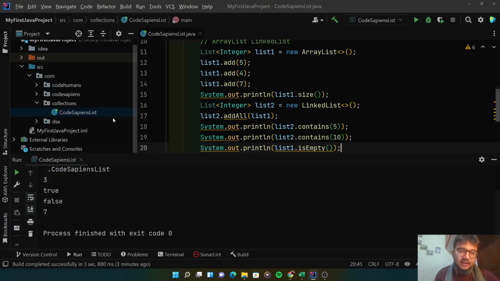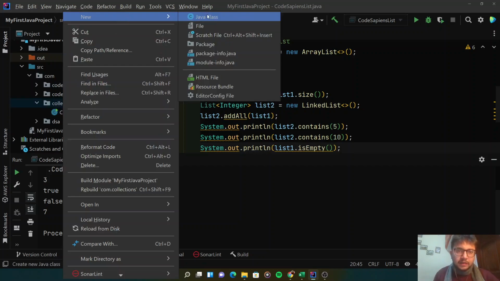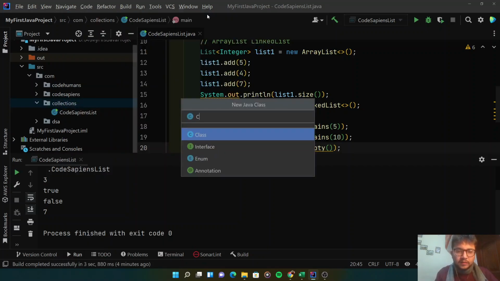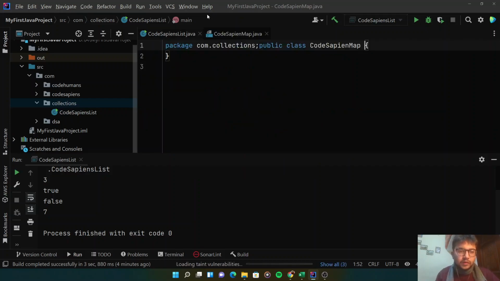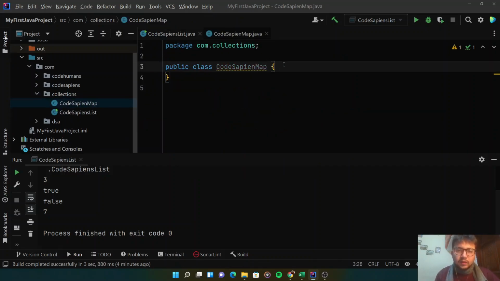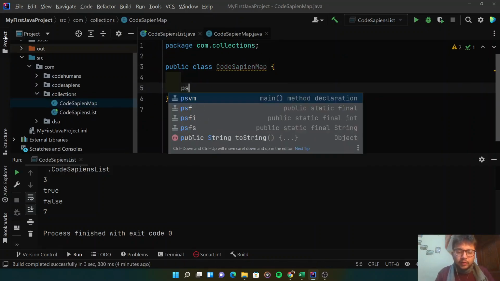So let me just create a new class again, and I will name it CodeSapien Map. Sapien is spelled S-A-P-I-E-N, Sapien Map. Okay, so I've created a new class called CodeSapien Map, wherein we are going to learn about the map